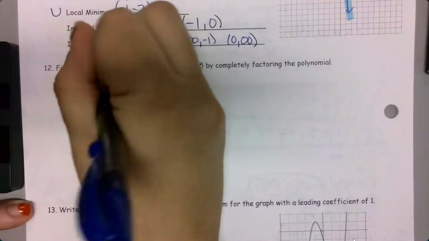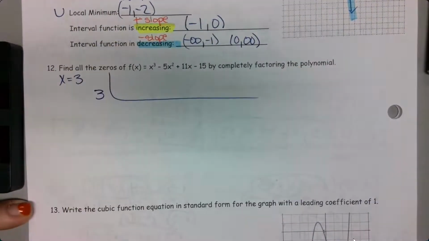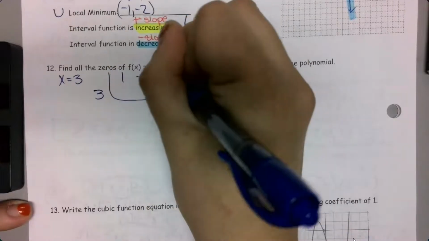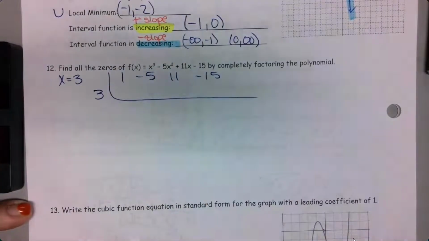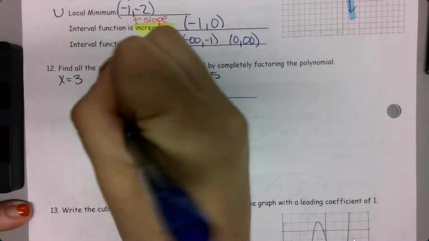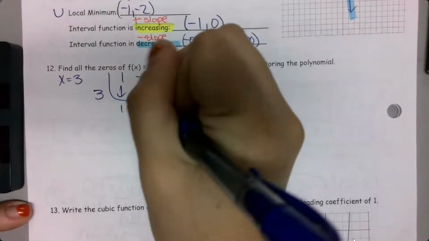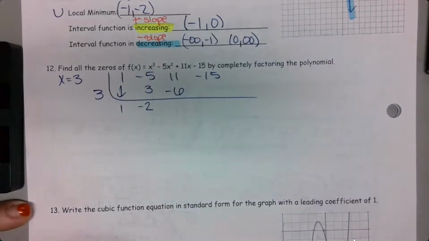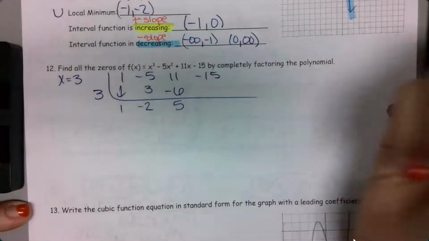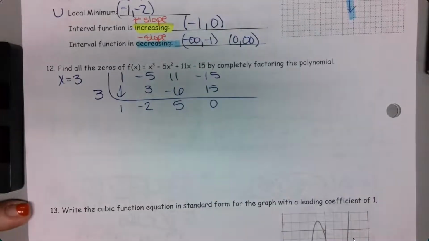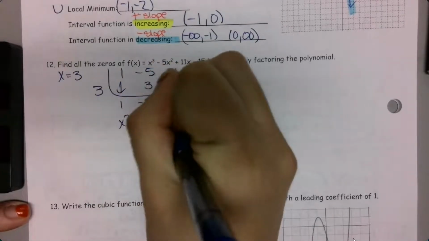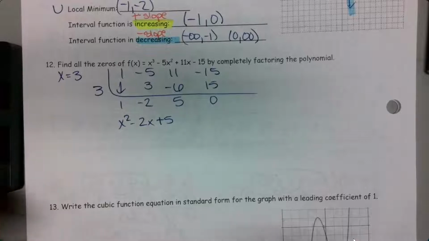So I'm going to use synthetic division to simplify this. That is going to give me a coefficient of 1, negative 5, 11, negative 15. Pull this down. 3 times 1 is 3, negative 5 plus 3 is negative 2. 3 times negative 2 is negative 6. 11 minus 6 is 5. 3 times 5 is 15. It gives me 0, which it should because I know it's a 0. So I'm left with x squared minus 2x plus 5. I can't factor